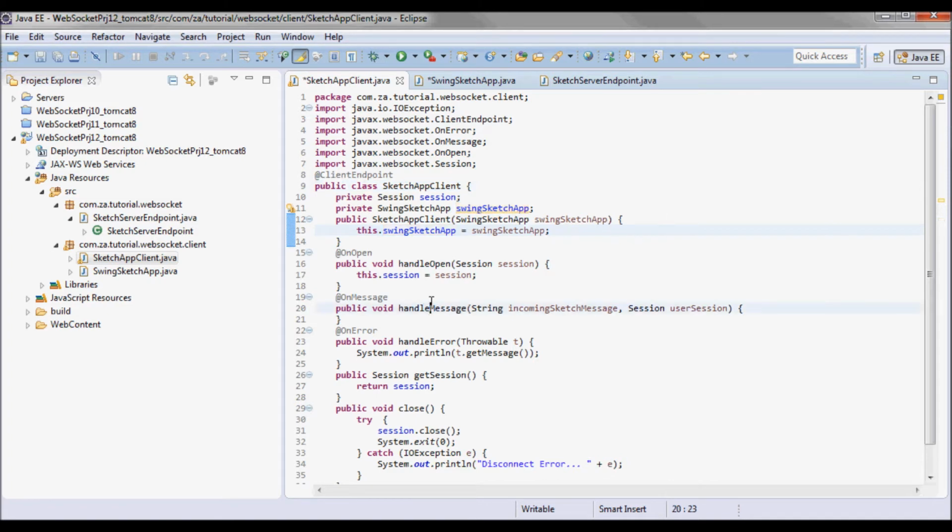So here in handle message, let's remove this and let's call this Sketch app message.